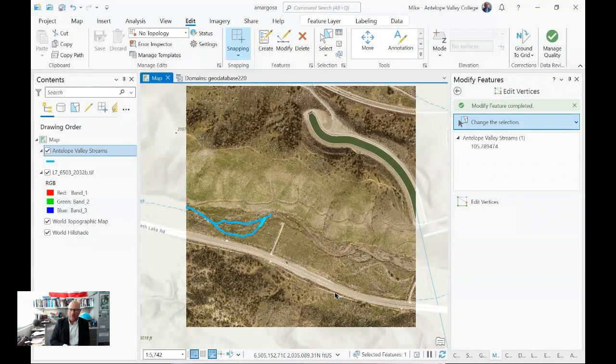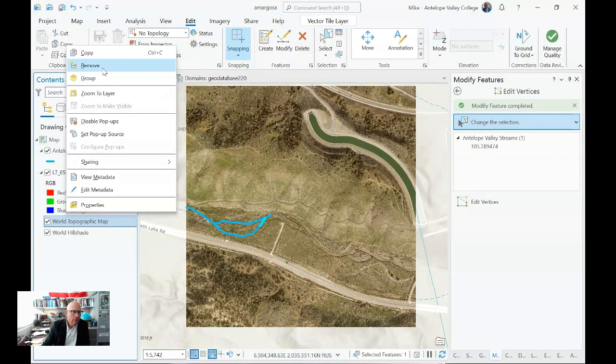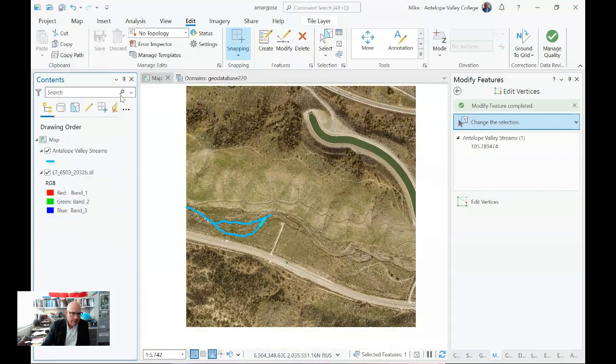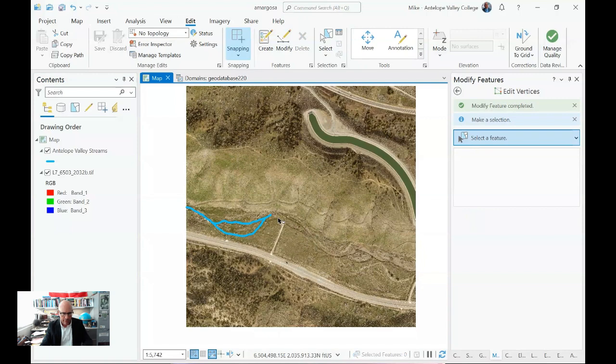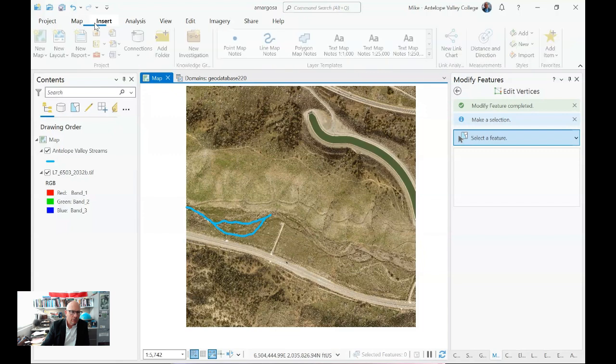Oh, all right, perfect. Just had an idea here. What I want you to do is create a layout that shows the aerial photo and your new edited feature class through here. And go ahead, since we've used this already, remove these so we don't have that. But what you're going to turn in, once you've done all of this and you've hit save and cleared your selection so we don't have the turquoise thing in here,